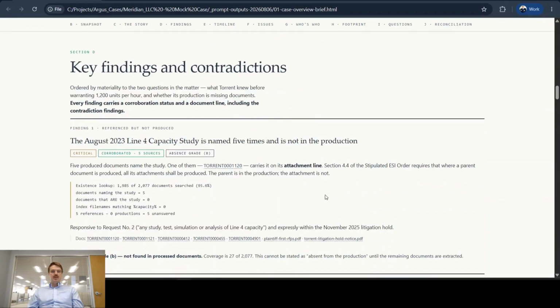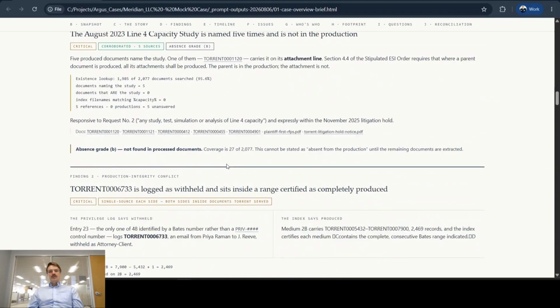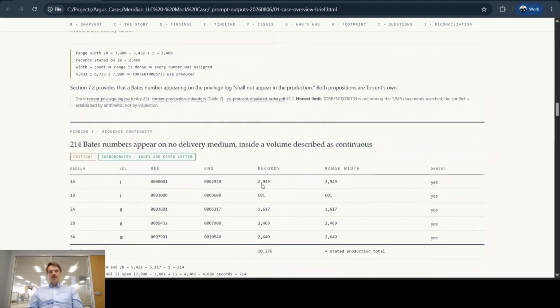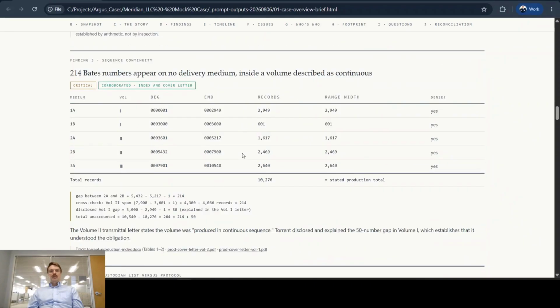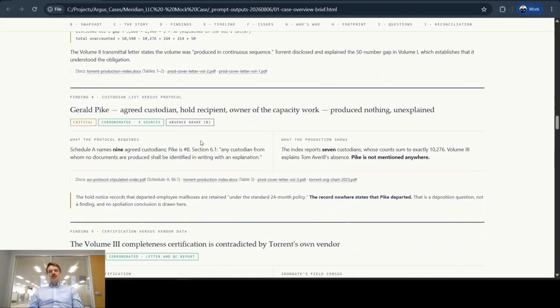So key findings and contradictions. The August 2023 line 4 case capacity study is named 5 times, but it's not in the production. It's logged and withheld and sits inside a range certified as completely produced. Base numbers appear on no delivery medium inside a volume described as continuous. Gerald Pike, agreed custodian, produced nothing, and it's not explained. So these are some of the findings that came out of the brief,